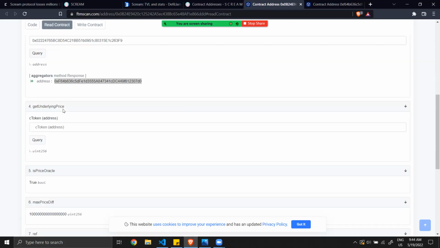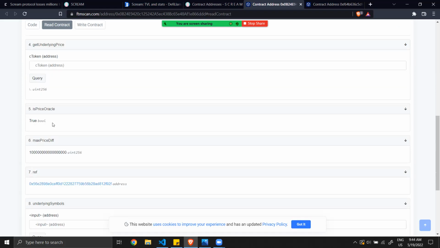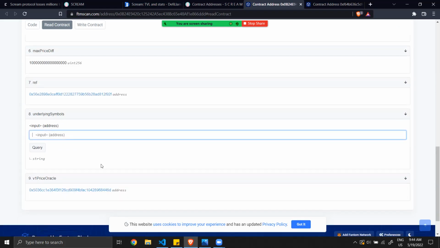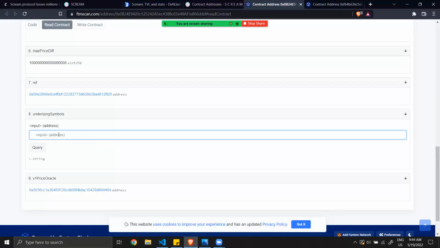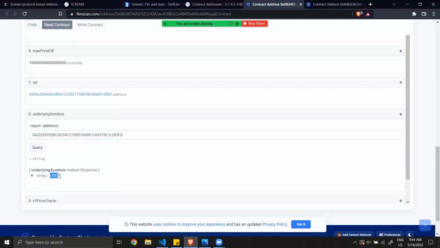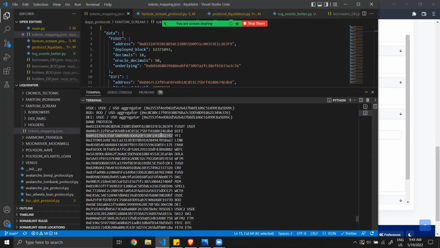Let's see here the underlying symbol. Okay, we'll do the same. We'll check for fUSDT. It returns the USDT symbol. Let's check another one, BFI.